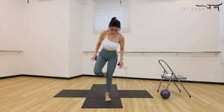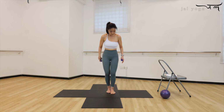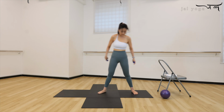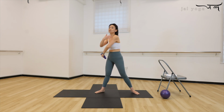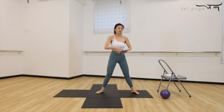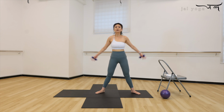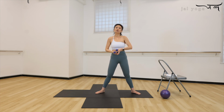Start to move your feet, your feet together. Okay. So this time we're going to start to open up. Second wide position. We're going to start to work on the muscles here, which are your scapular muscles. So we're going to start to reach out, arms forward. For those who are using wine bottles, the circumference of the bottle is wider, so just hold one will